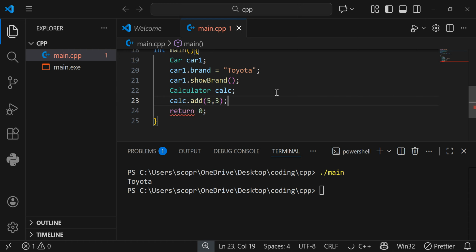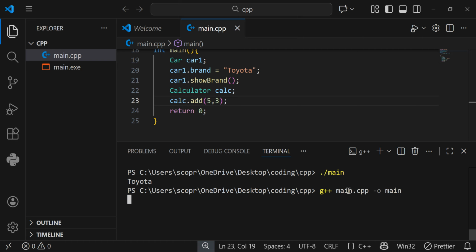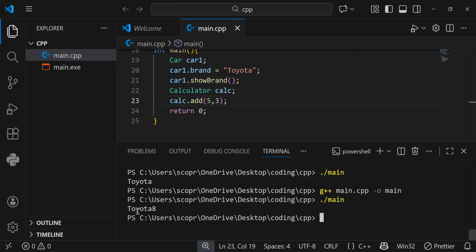Then we try to save, and after saving we try to compile. After compiling we try to run. As you can see, we get Toyota and 8. Okay, Toyota and 8. We can try to format our